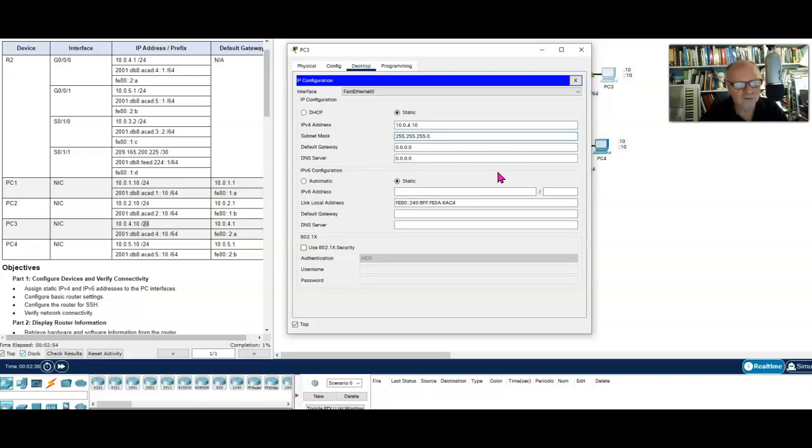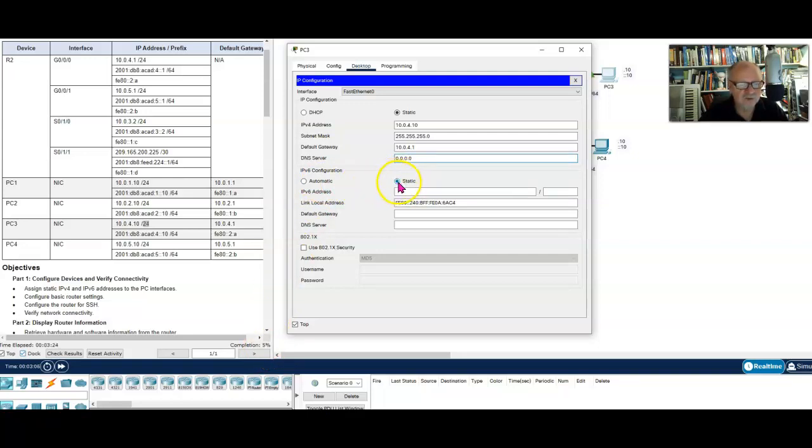This is why you needed to learn the slashes, right? This is why you needed to learn subnetting and how IP addressing works, because you actually use it in the field. Next, I need the default gateway, and the default gateway is 10.0.4.1. I'll click outside of that. I'm already 5% done.